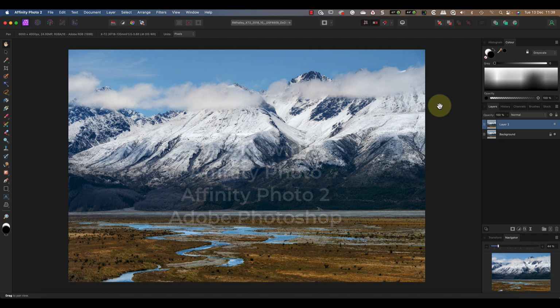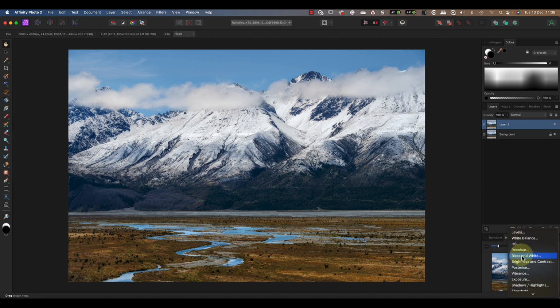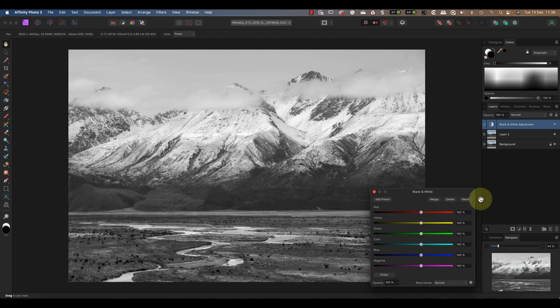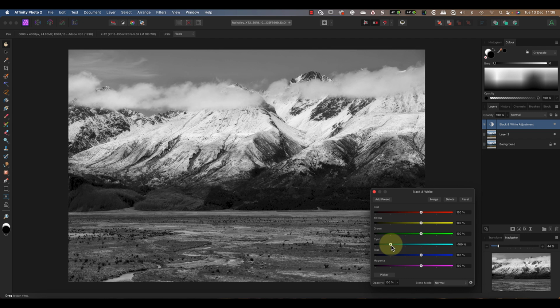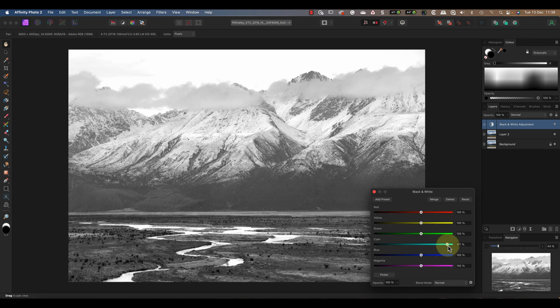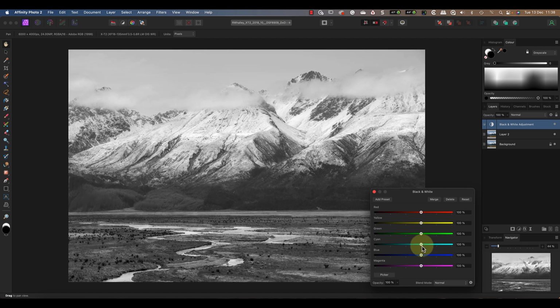the same thing. I've already opened the colour image in Affinity Photo, and I'll start by adding a black and white adjustment layer. I'm sure many of you are already familiar with this adjustment layer, but for anyone who isn't, it allows you to control how the colours in an image convert to black and white. Taking the cyan slider as a quick example, when I move it left, cyan areas of the image, like the sky, become darker. Then when I move it to the right, it makes them lighter.